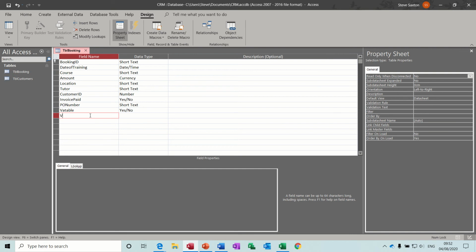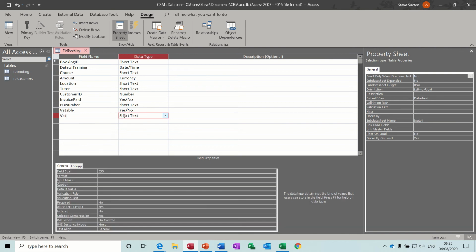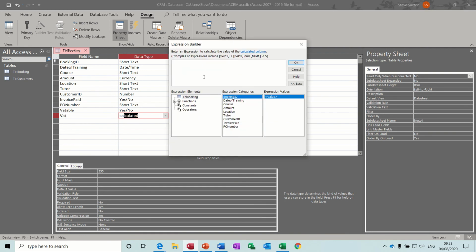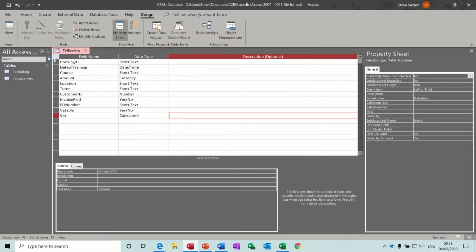So VAT will be a calculated field, and that should trigger the expression builder. So it's going to be amount